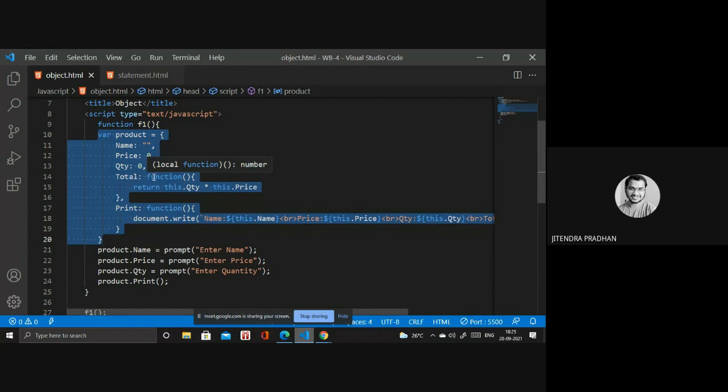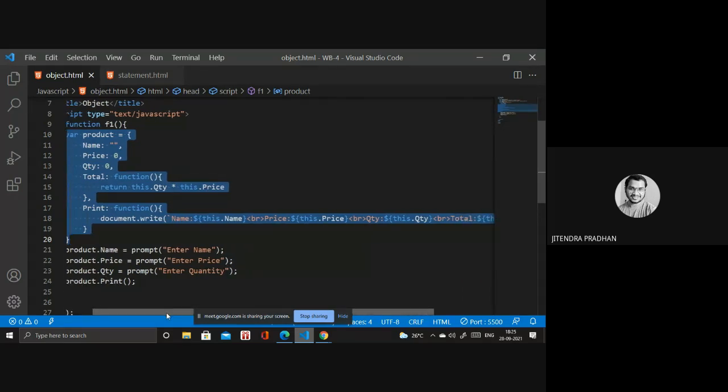multiplied by price. Next, I want to print all those items: name, price, quantity, and total. I also want to print the total value, which multiplies the quantity and price. So we write document.write to print that on the page.